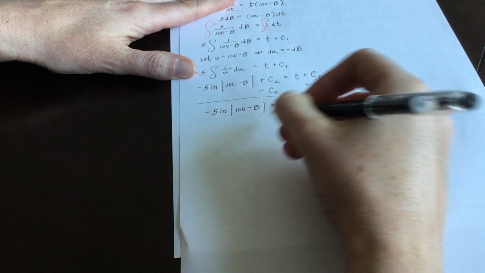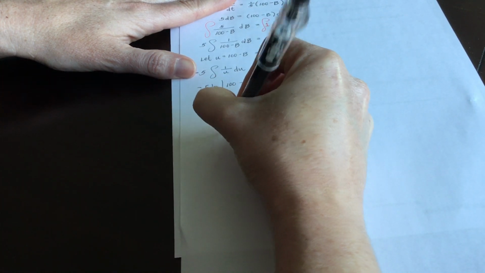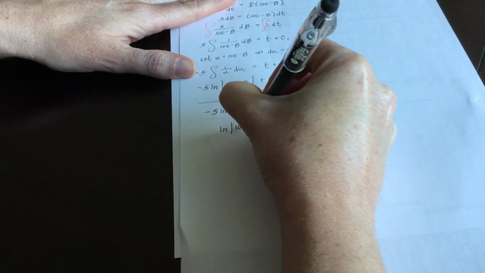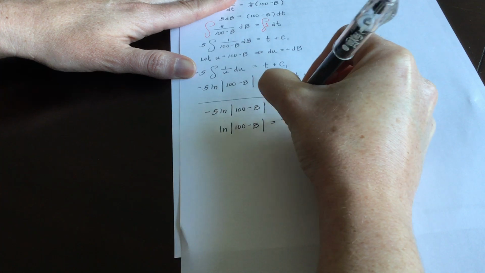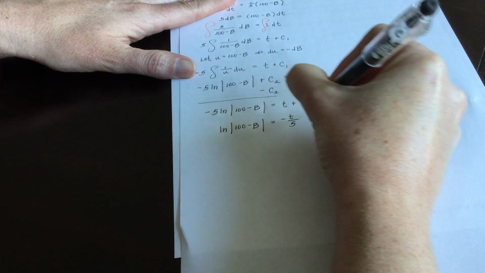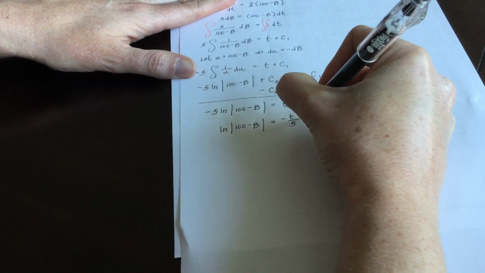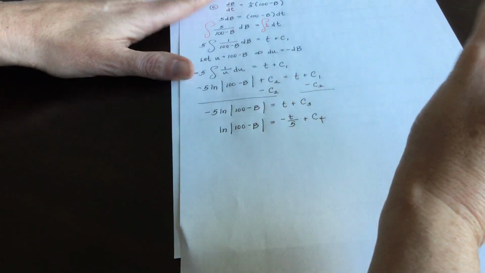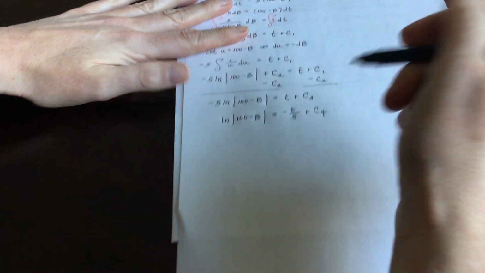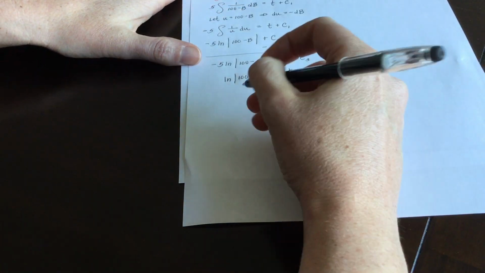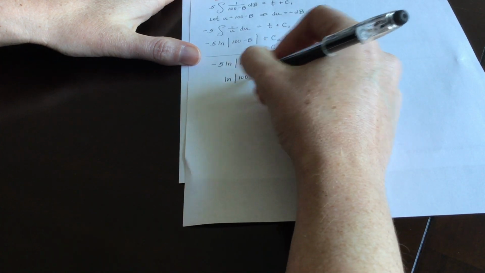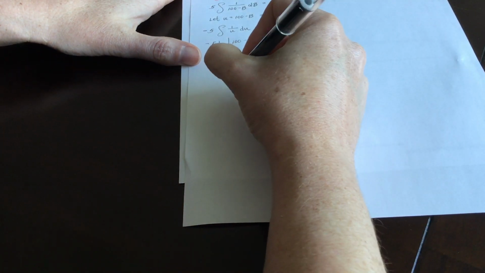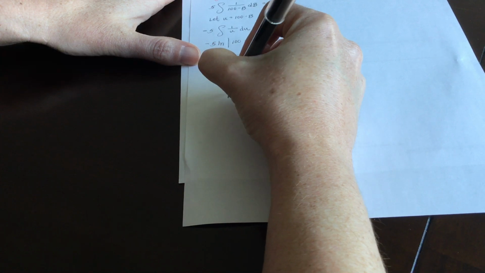Now I'm going to divide both sides by negative 5. And a constant divided by negative 5 is now a different constant, so I'll call it C4. I'm going to exponentiate both sides, so I'll have e raised to the left side and e raised to the right side. e will undo natural logs, so I'd be left with,